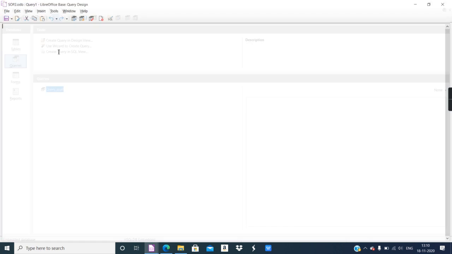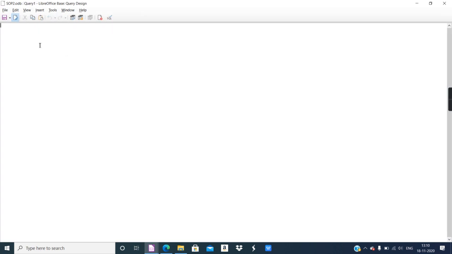Now we will create the second query where the criteria is department accounts. Let's type select star from, and type the name of the table correctly. All the cases must match.